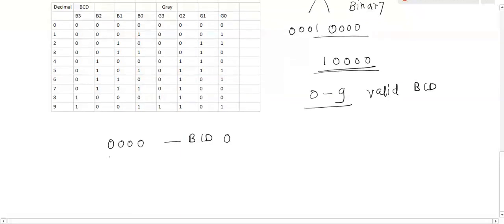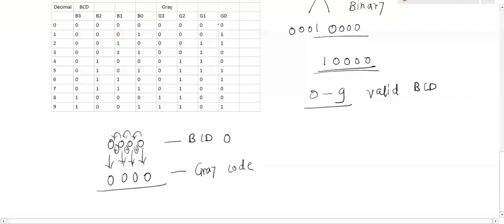My technique is to take the MSB as it is and perform XOR of each bit with its previous bit. It will become 0. Again XOR of the bit with its previous bit gives 0, and again 0. And this is the gray code of 0. So in the table I have written 0000 as the gray code for the BCD value 0000.